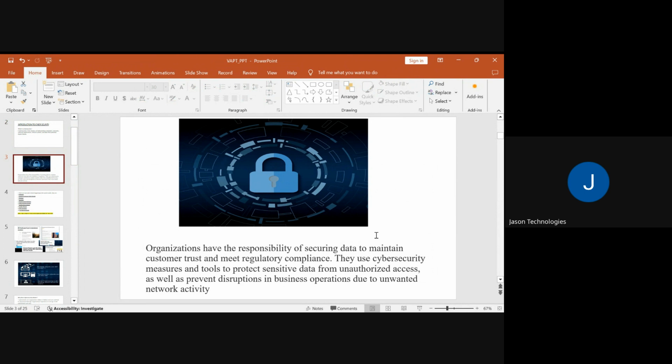First of all, the organizations give the product to the client by maintaining the trust between the client as well as the organization. So there could be mutual trust or a mutual agreement between the client as well as the organization. So in order to go well with this agreement,